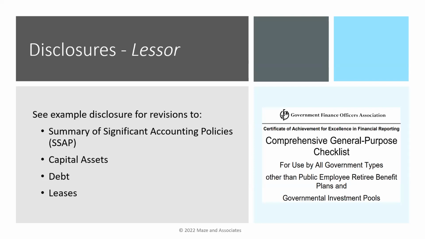You know, it's not authoritative, and everybody's financial statements look different, but it kind of shows you the places that it hits. And then the other thing to look at is GFOA's checklist. You know, the checklist that they use, for those of you that participate in the ACFR program, that's the checklist that they use to grade your report and determine whether you've included all the required disclosures. You can go to section 12 of the checklist from GFOA's website, and that's specific to leases, has all the basic requirements. Of course, it's not going to hit on everything specific to you and your agreements, but it's going to have the general requirements that need to be included.